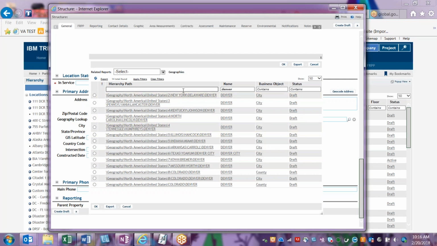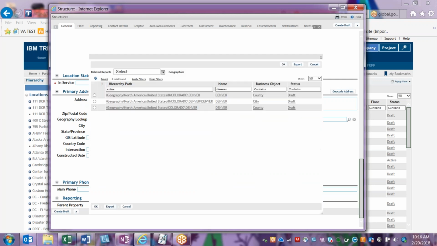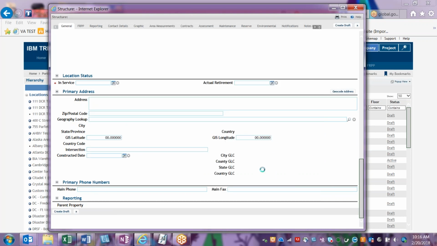Right. So you'll just want to be careful what you're picking here. You could use more filters, like here, and that should lower the amount of records that you're looking for. Again, you'll probably pick the city more so than anything else, because that brings over your state, your city, and if there were other codes associated, it'll bring that over as well. Oh, here you go. All your city, state, GLC codes. So if I click on the city record again,